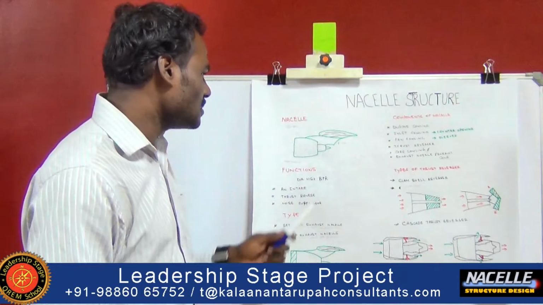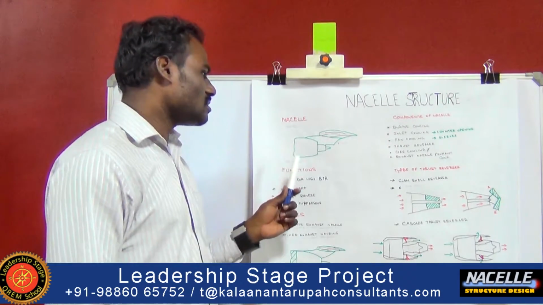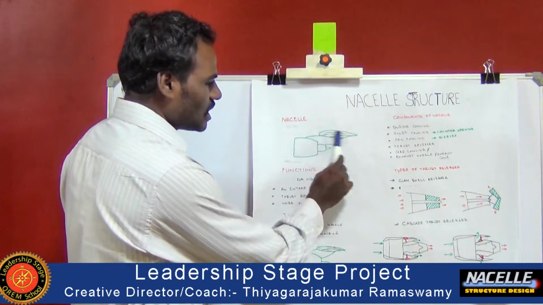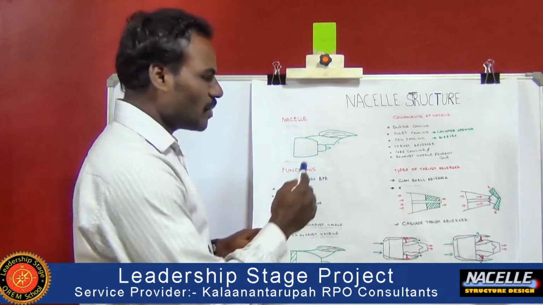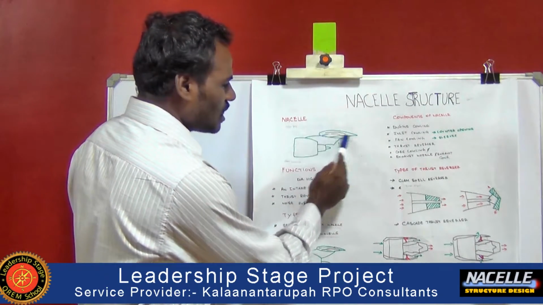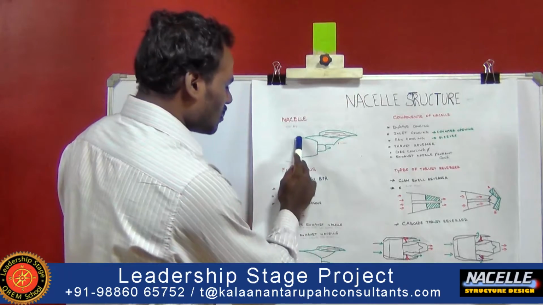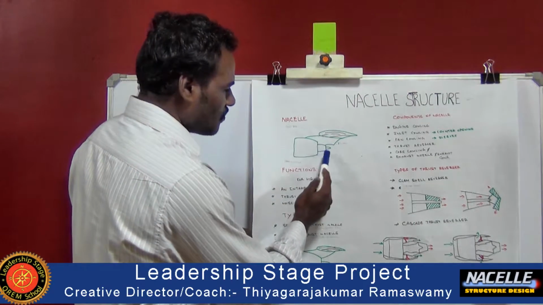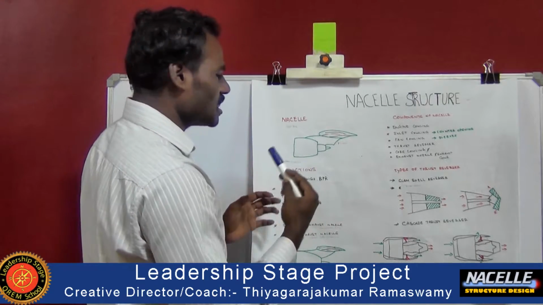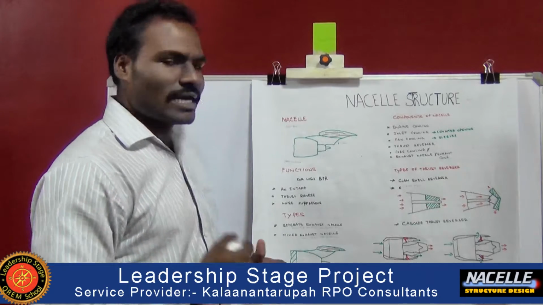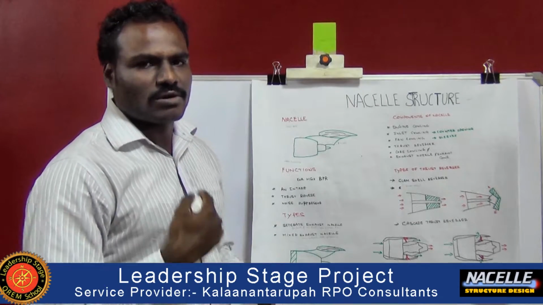It is an entire structure which is attached to the pylon, and the pylon is attached to the wing of the aircraft. Here, the engine as well as the exhaust of the engine is assembled inside the nacelle. In order to get better performance, a high bypass ratio is to be controlled in the